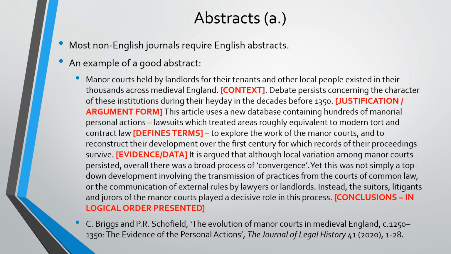Next, we have the conclusions presented to us in order from the least to the most specific, or from the least to the most important, in what we would call logical progression. That is to say, each one can only be understood by the reader if they're already familiar with the previous one. So we look at the last ones here. The very last line here: litigants and jurors of the manor courts played a decisive role in this process. That conclusion will only make sense to you if you've read the previous two sentences and you know the main conclusion and the process. So, a very nicely written abstract here,